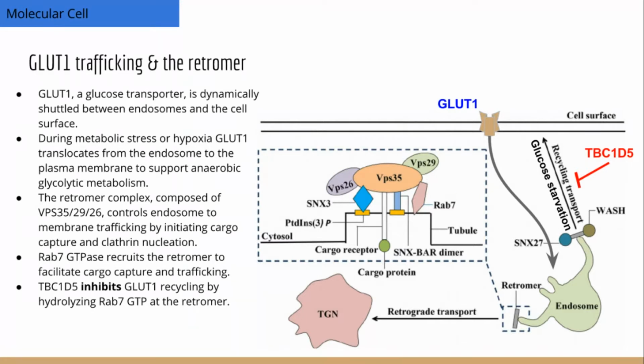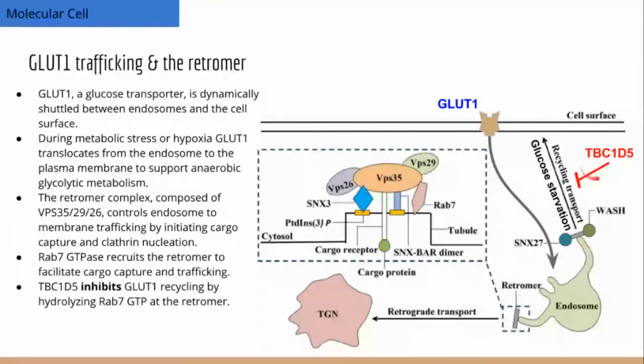When Rab7 is charged with GTP, it can bind the retromer, and so the retromer is actually one of its effectors. GTP-Rab7 binds the retromer, it recruits it to the endosome, and the retromer then begins the process of cargo capture and exocytosis. However, and this is really key,